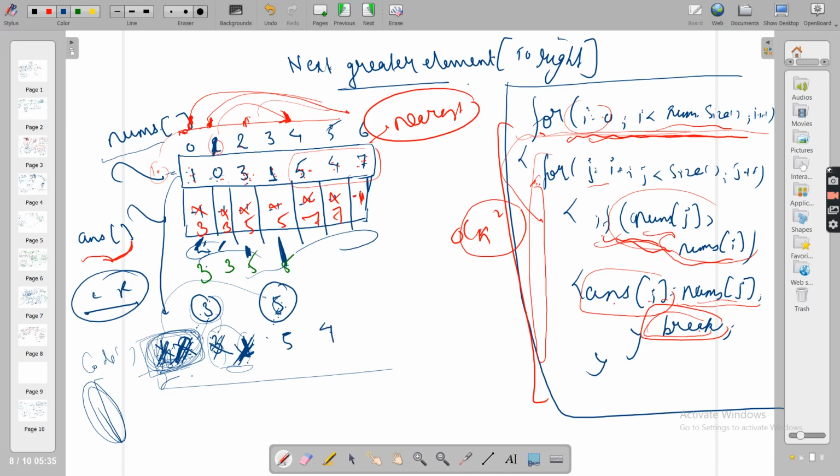Okay, no problem, because 4 cannot be NGE of 5, and I'm not able to see whatever I can do. I can't do anything. Now 7 was coming. So 7 is actually greater than 4 and 5. So 7 will obviously remove 4 and remove 5 and say that for you, I am done finding NGE. So you may leave this room, in your Bahubali style. So for 5 and 4, you will say that 7 is my master. He said to leave the room, so I'll leave the room. Then only 7 is remaining.